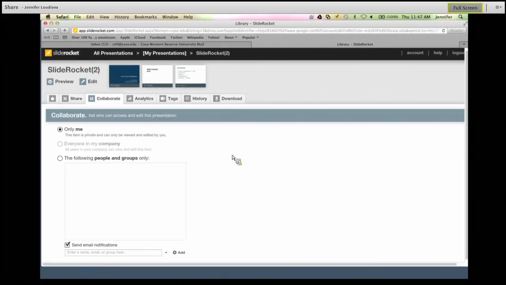The next tab is Collaborate. If we click on Collaborate, right now it is set to only me. If I had published it out, I would be able to also share it with everyone in my company. So if I wanted everyone at Case Western to see it, I could do that. I could also collaborate with only the following people and groups. So if I go ahead and type in email addresses on the bottom here,